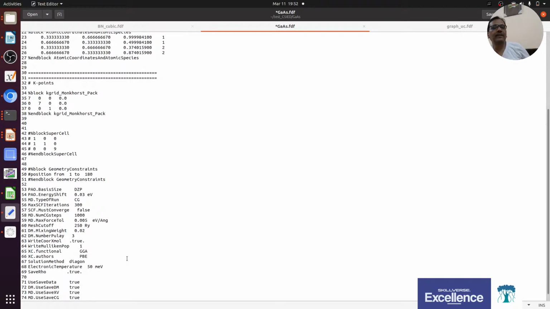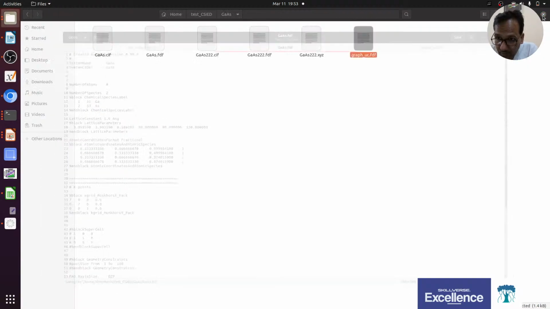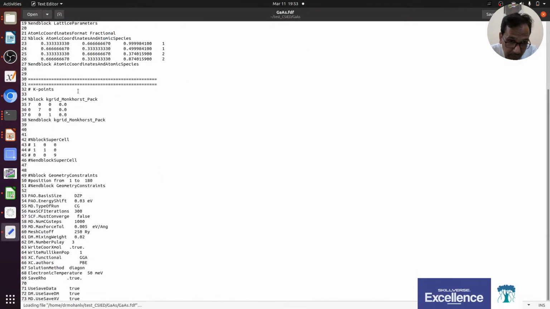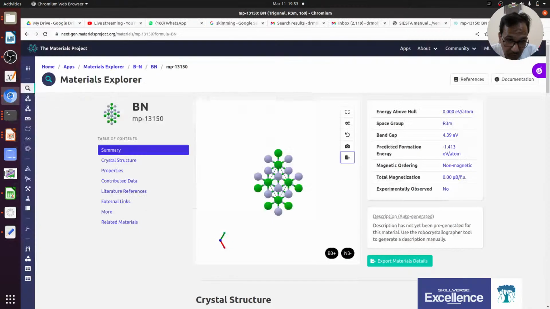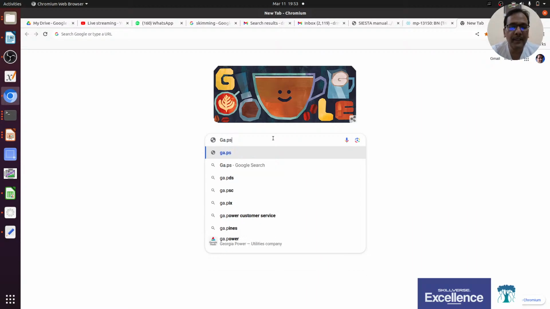Okay, so some default parameters are here, and how we will get those parameters we will discuss after some practice. So now let me run this. But in order to run, I must have the PSF file. So I need two PSF files, because we have two species. So let me download that PSF file. Gallium.psf